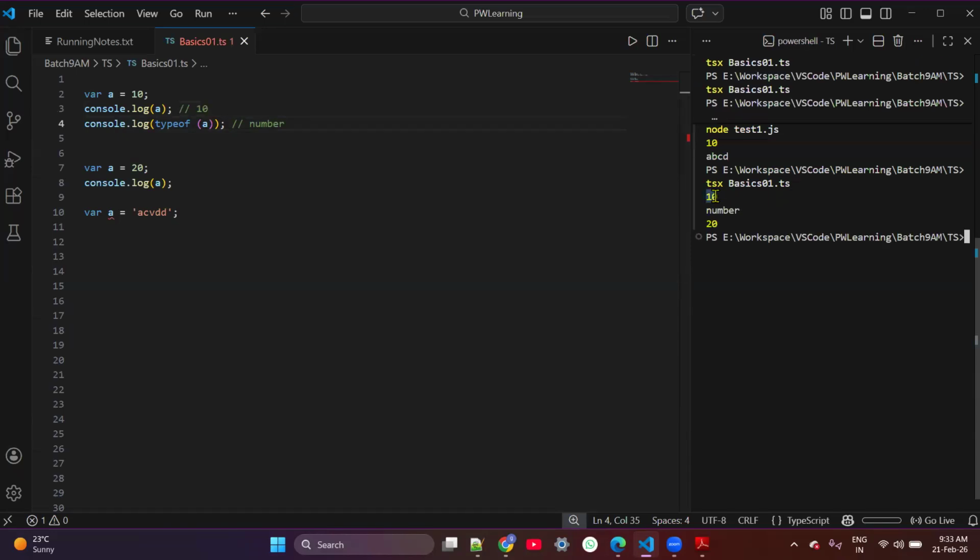See, 10 is printed here at line number 3. At line number 4, number is printed. At line number 8, you see, 20 is printed. Still it is an error. We are not printing a value here. Okay. So if you want,